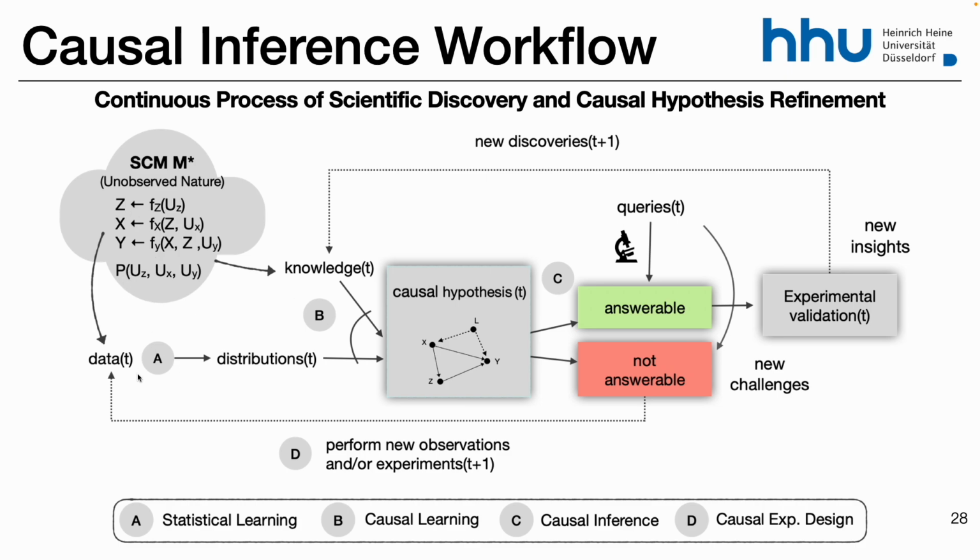So the first thing is the data, right? Any data that you have here is going to be used. That's the observational distribution. And part A is called statistical learning because it's what people have been doing for many years: getting data and estimating distributions. For example, the end of this lecture about estimation is in this part. How can you compute conditional probabilities, expectations, and so on.